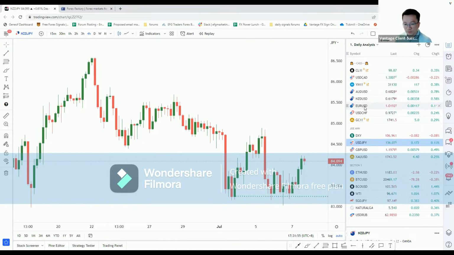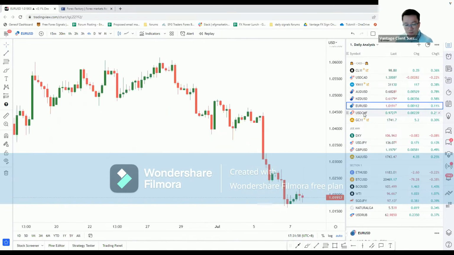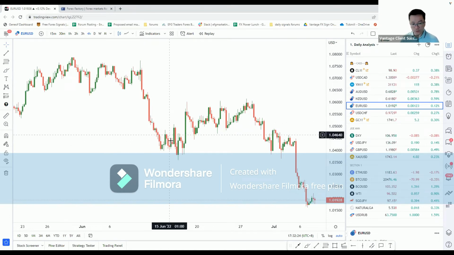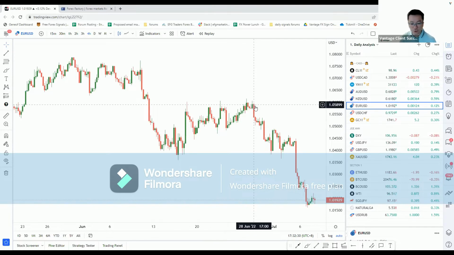With that, I think one really interesting trade I had been looking at, I've been stalking, was the euro dollar. Euro dollar, big downward move. We've seen that drop. If I zoom out, you can actually see that move from 107. This was in early June. We saw that big drop in June, and then after that, that big drop since 105 at the end of June, all the way down to right now at